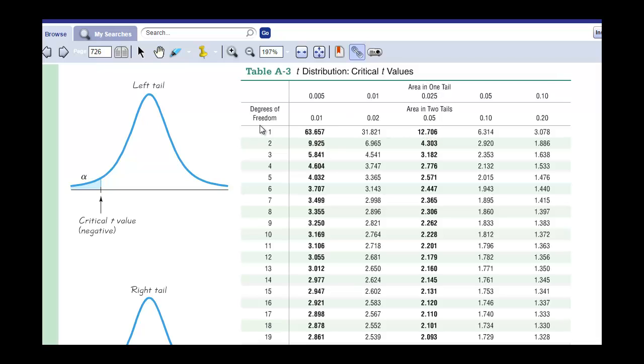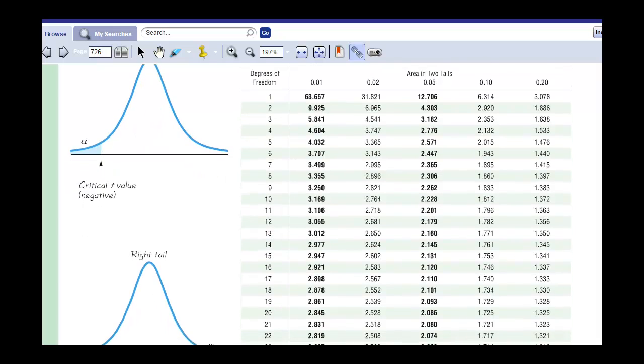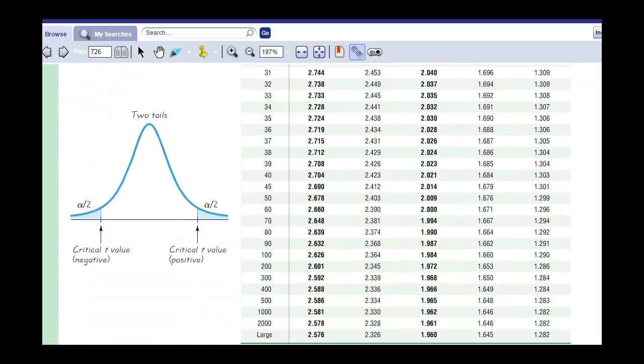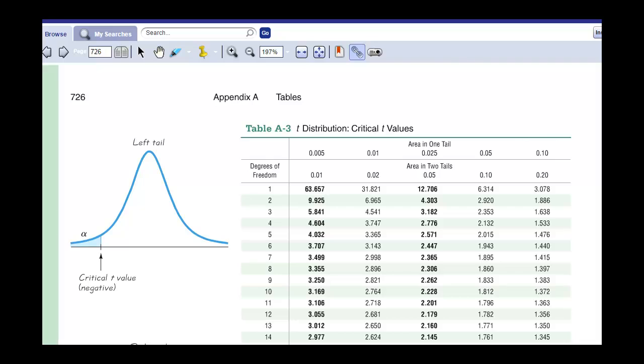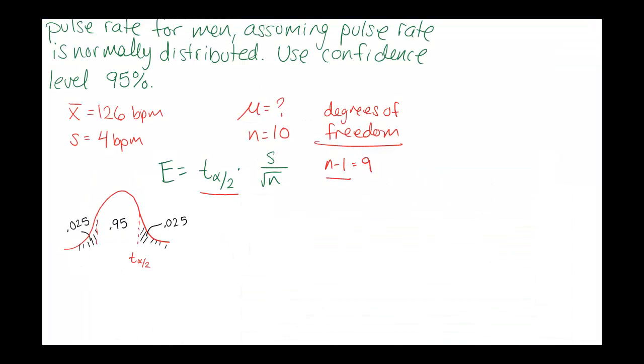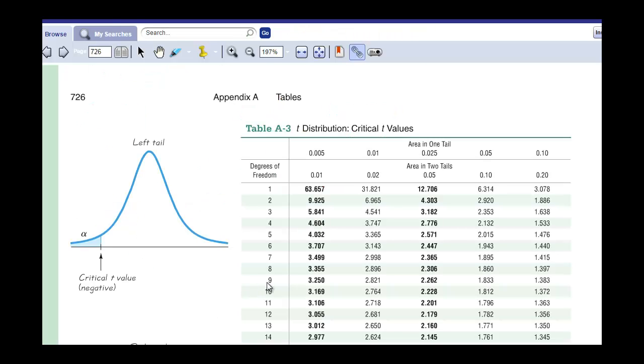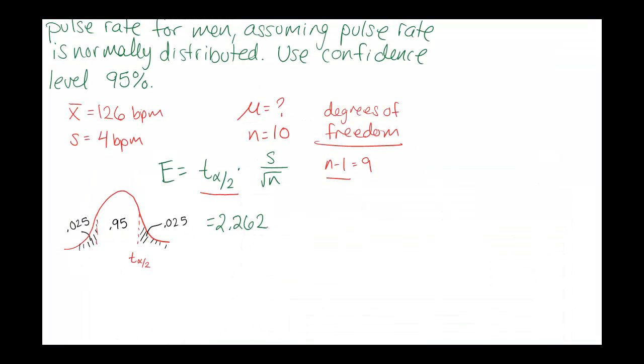And then we need to know what's called the degrees of freedom. And for the t-distribution that we're using, degrees of freedom is just n minus 1. So n minus 1 in this case would be 9. So we're going to look in our table under degrees of freedom 9, and we're looking at that middle column, so 2.262. So we have 2.262 times our standard deviation, which was 4, divided by the square root of n,